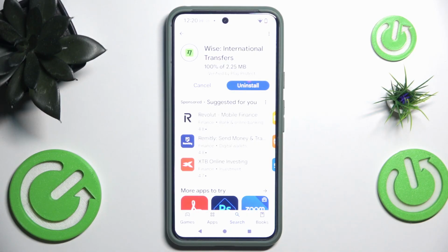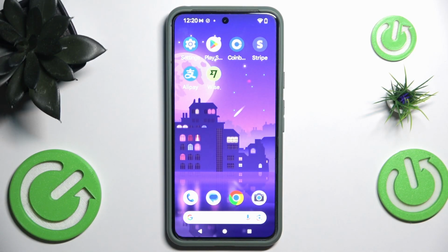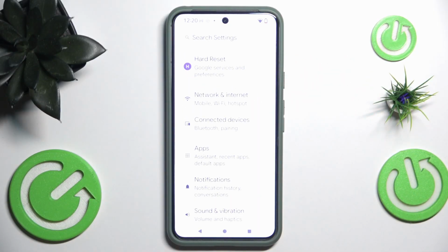After updating the app, there shouldn't be any issues, but if you still got, I'm gonna show you two more ways how to fix it. So first way